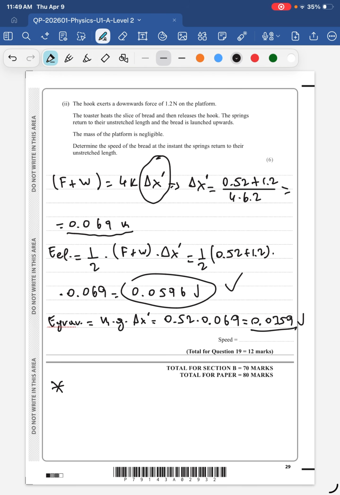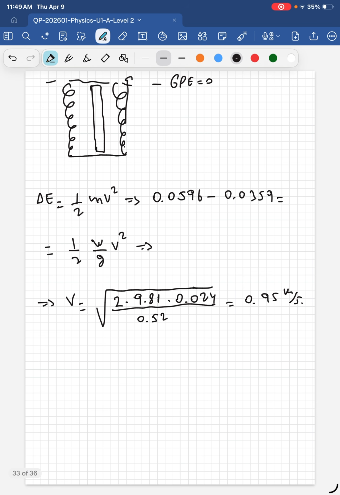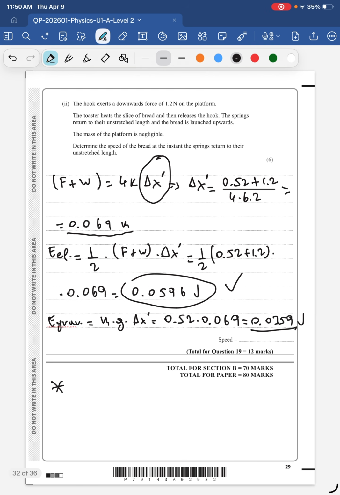But then we have to subtract the gravitational potential energy, since the bread is going to travel from down here up there. And that's going to be the available energy to be converted into kinetic energy. That's all. All right, so this was question 19, which is, as you can see, the last problem